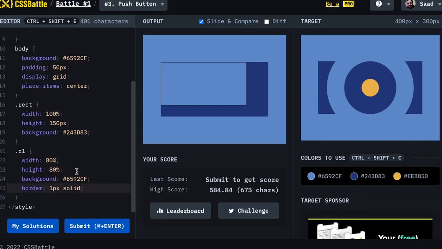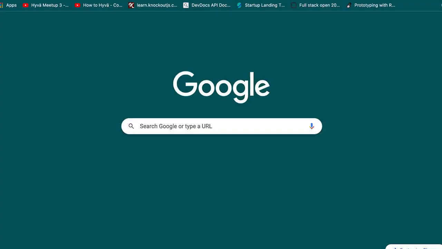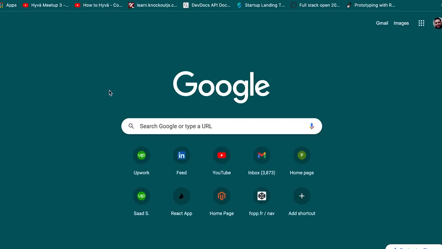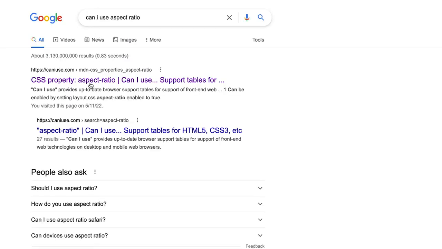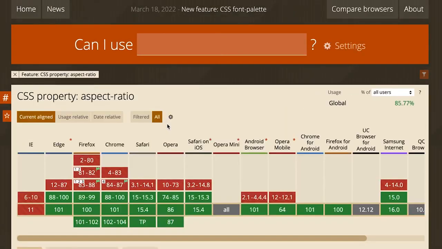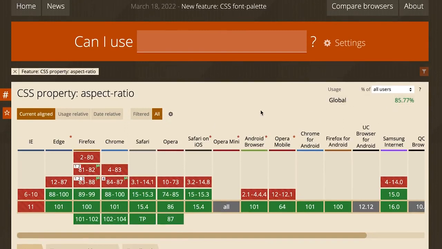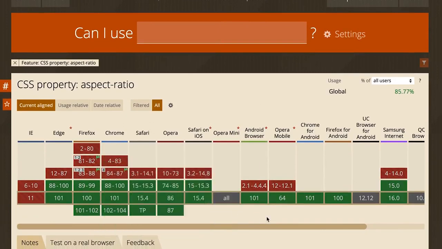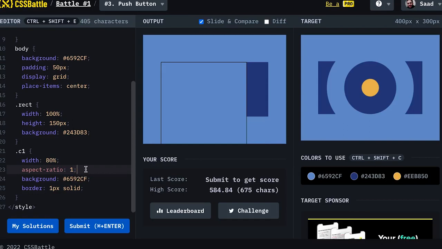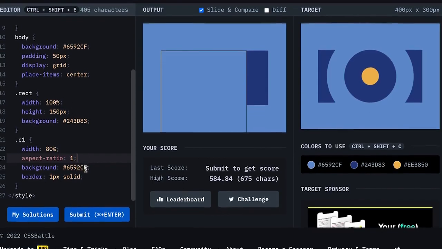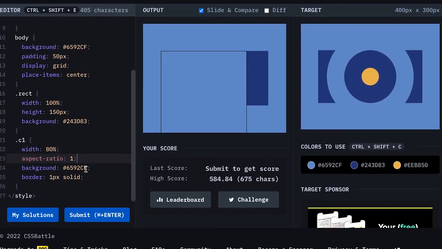The height is 80% of its parent. We have to make the height equal to the width. We can make it by aspect ratio equal to 1. Yes. Aspect ratio is a property that is supported by 84% of browsers of the world. We can check this by searching can I use aspect ratio, and here is the first result that will show us that 85% of global browsers support this property. And so if you need bigger support, you can try a fallback for this property or try some other technique. So